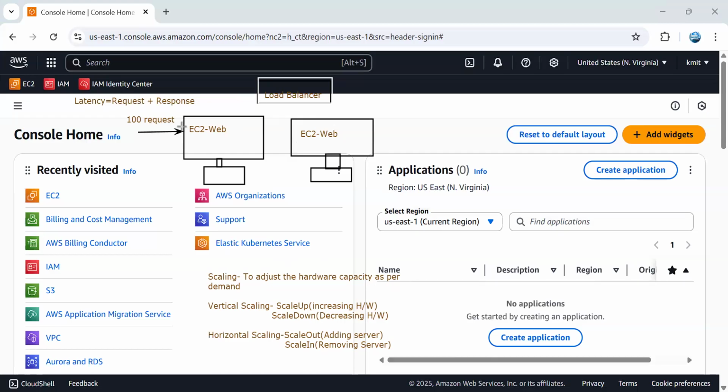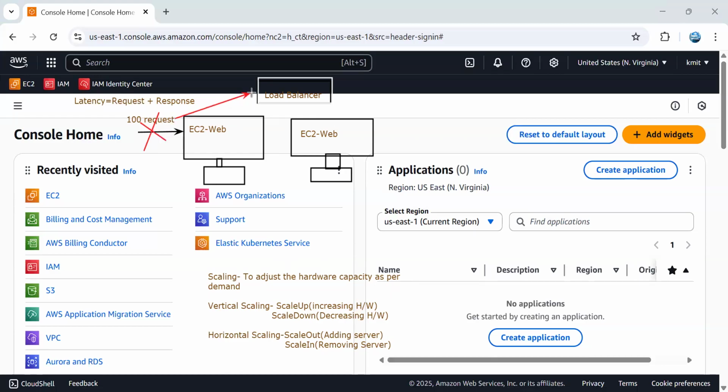So the request will not go to your EC2 instance directly. It will not go here. The request will go to the